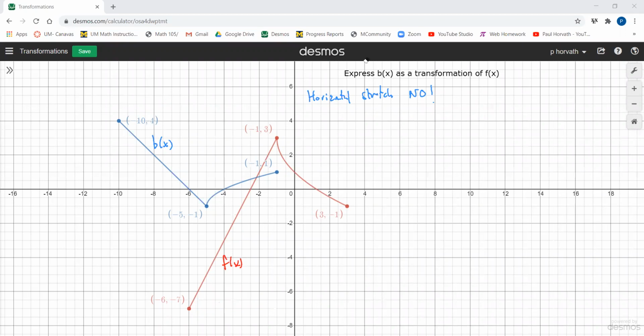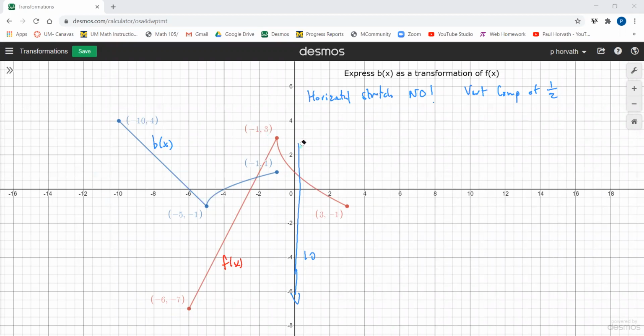We can say that vertically, f of x started at -7 and went to 3, so the total height of f is 10. But b of x starts at -1 and goes to 4, and the total height here is 5. So we have a vertical compression of a half. Excellent. So once we finished our stretches and compressions, and I'm only working in standard form here, doing compressions and